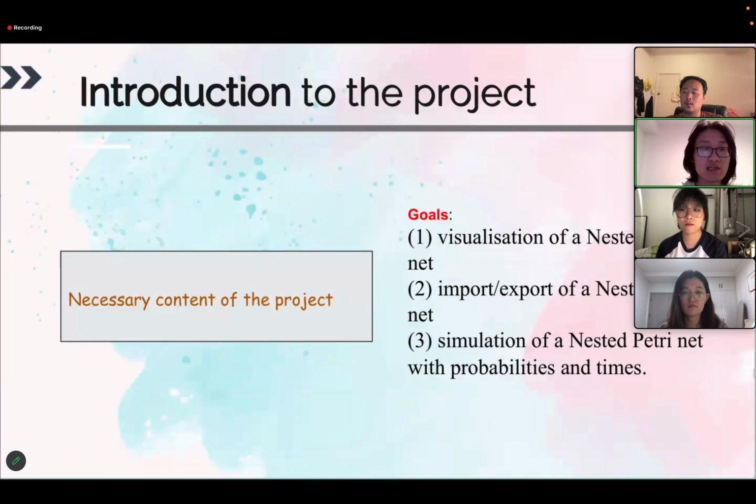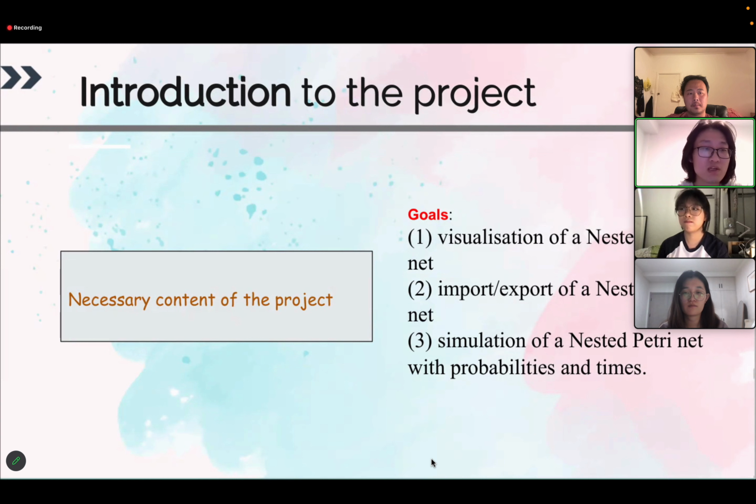The first goal is initialization of nested Petri nets. This involves creating a user-friendly interface that can display a nested Petri net and its hierarchy in a clear way. The interface should allow users to easily navigate through the different levels of abstraction and view the underlying structure of